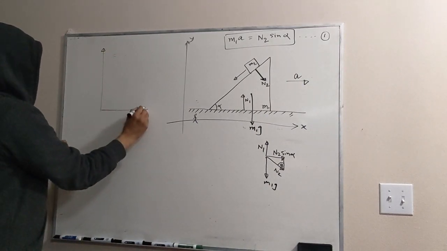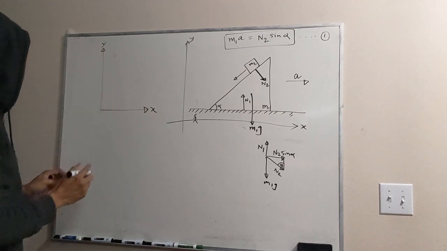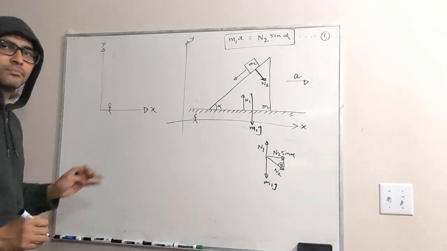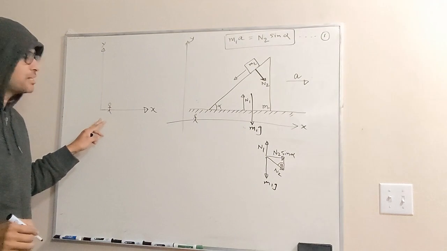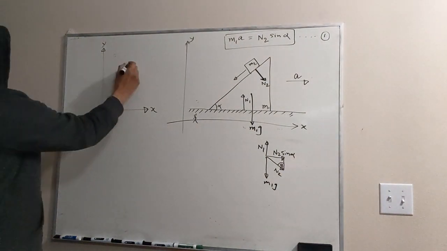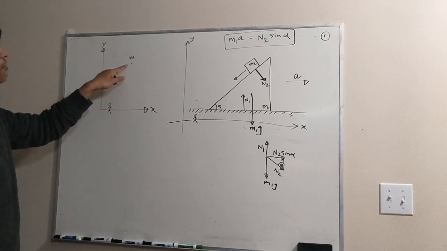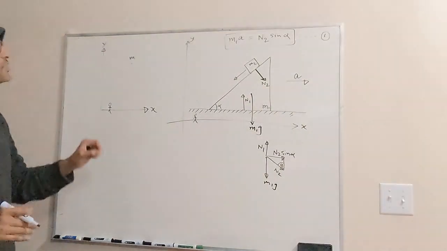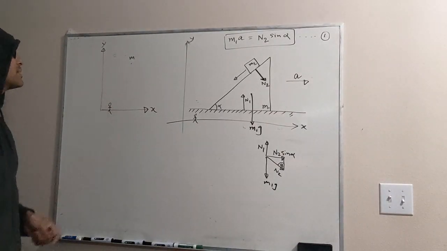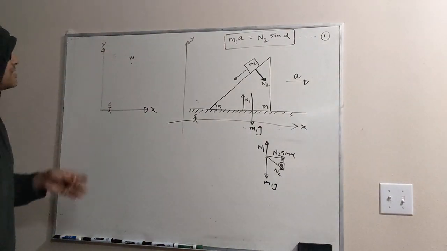So let us assume we have a frame of reference. This is my x-axis, this is my y-axis. Let's assume you are sitting on top of this frame of reference. Now from this reference frame, say there is an object, and this object's mass is m, and there is no force acting on this object, and it is at rest. Now you can reason, okay, on this object there is no net unbalanced force and there is no acceleration, which is fine.